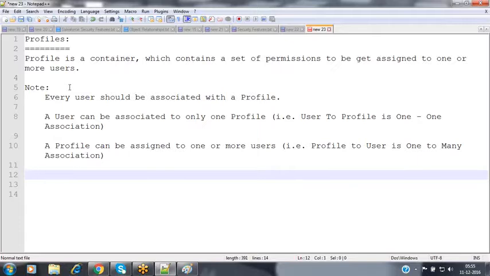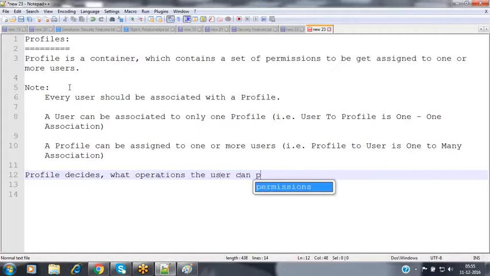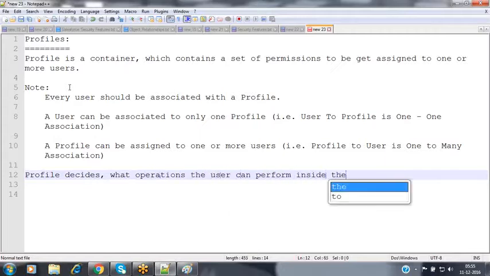Now, in one sentence we can say: profile decides what operations the user can perform inside the Salesforce application.